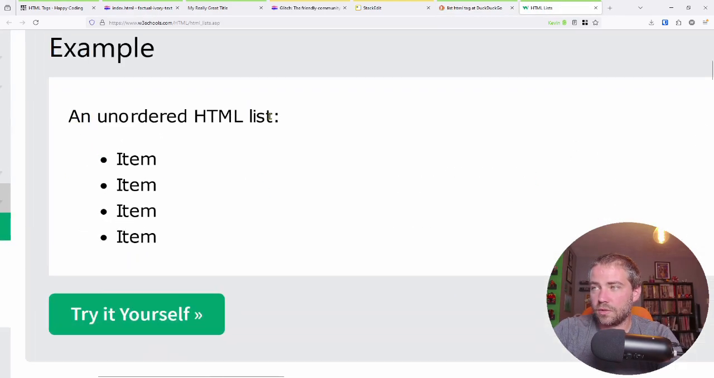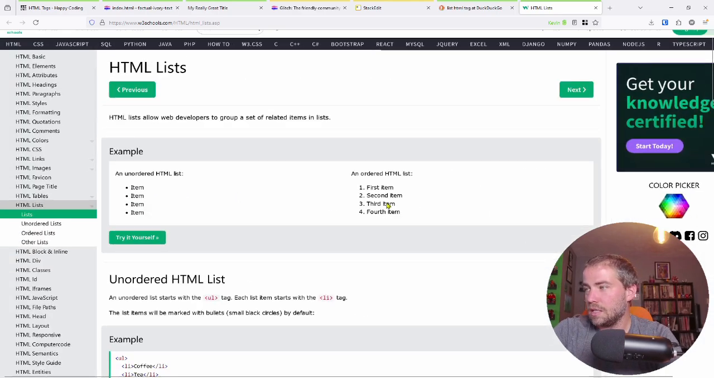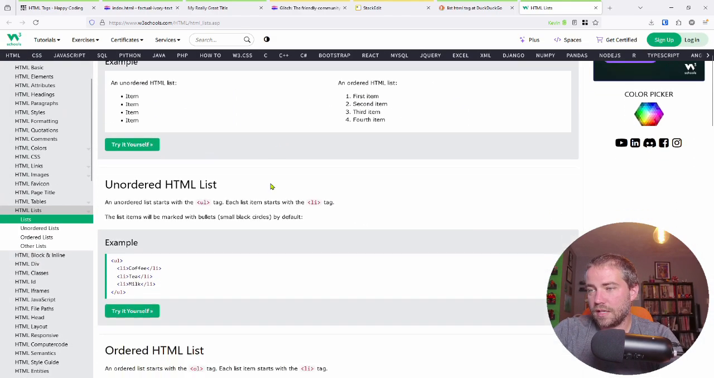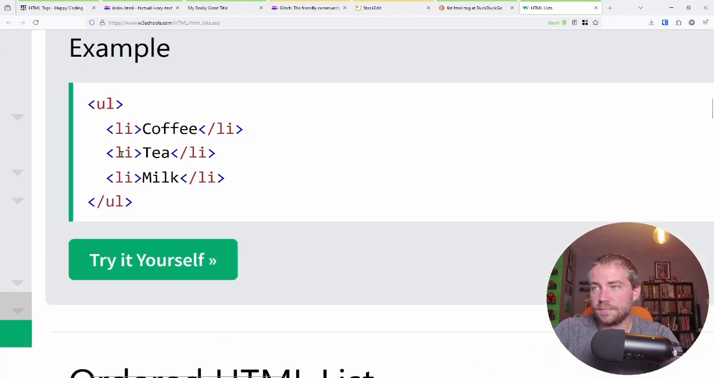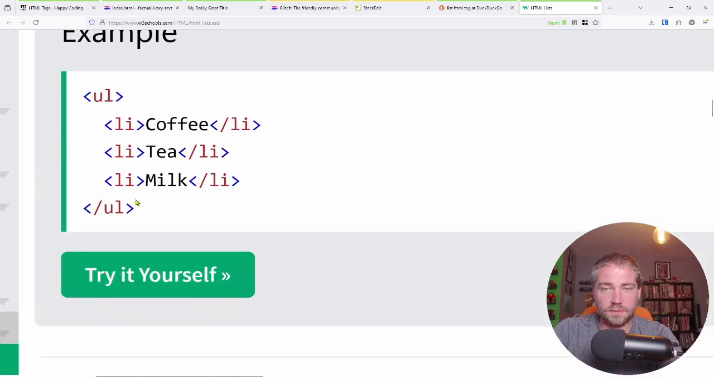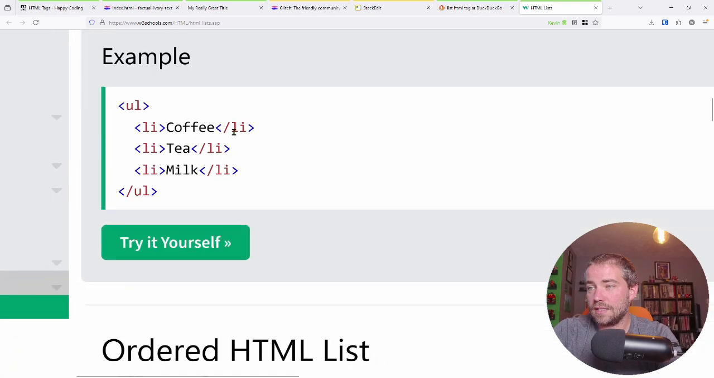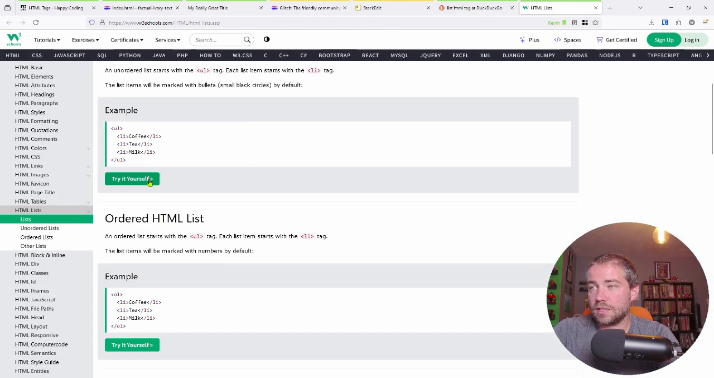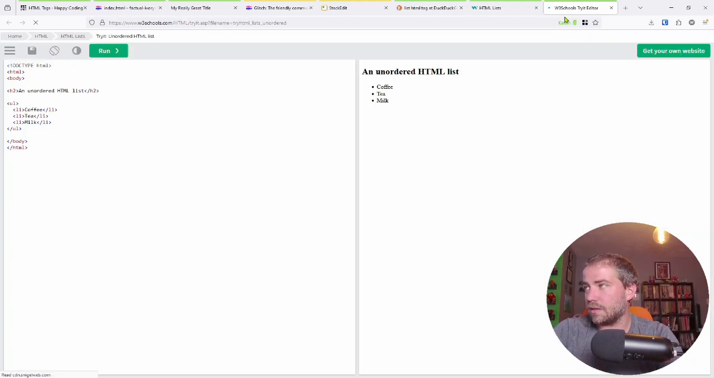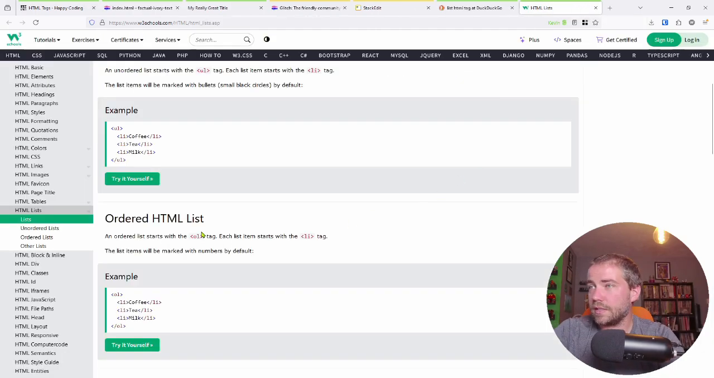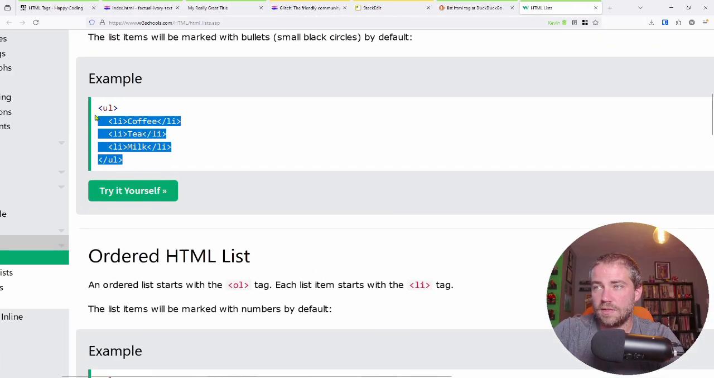An unordered HTML list is a bunch of items in a list with a circle, with a bullet. If I go down here, I get an example, and this looks pretty promising. It's got HTML tags and content. W3Schools is cool because it gives you this Try it Yourself button, which opens an online editor where you can type stuff and hit the run button to play around and see what it does. But since we're using Glitch, we can pretty much just do that in Glitch. So what I'm going to do is copy this in